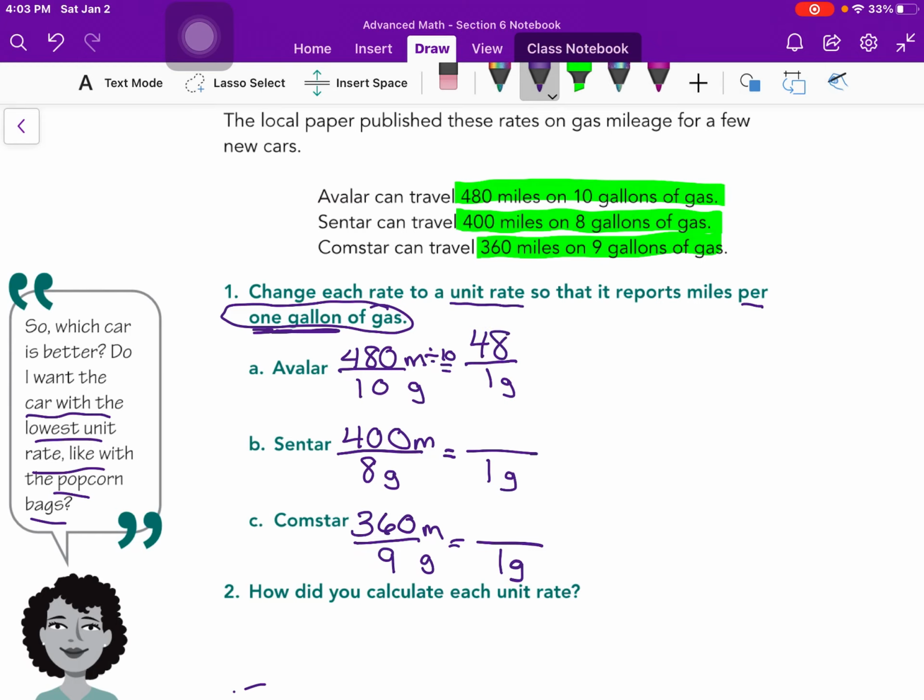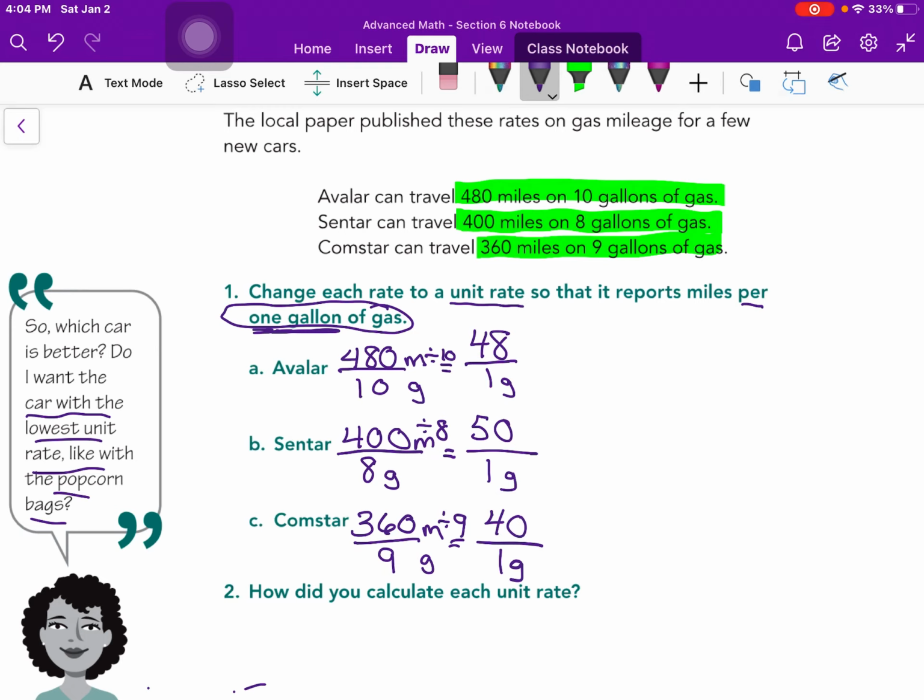So 480 divided by 10 would be 48. We could probably do these in our head without our calculator. For this one, we want to divide by 8. So 400 divided by 8 is 50. And this one, we're going to divide by 9. We're going to take 360 divided by 9 to get 40